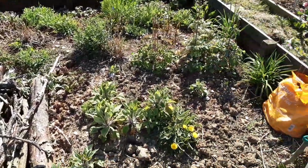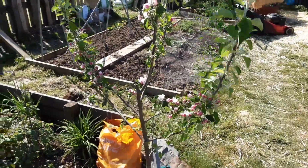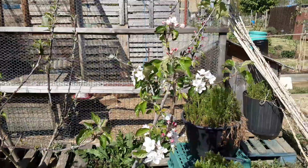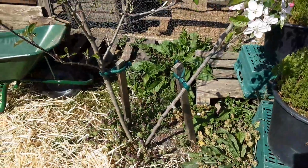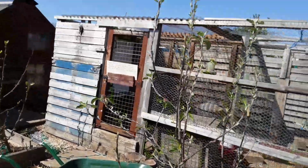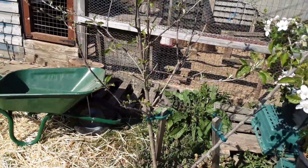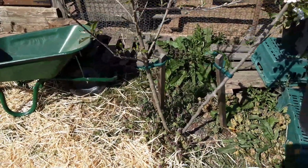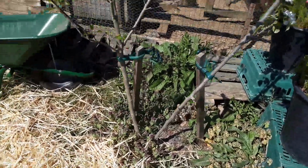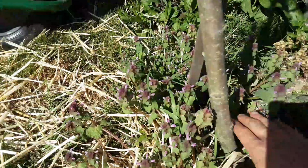All the wildflowers are coming through nicely. Lots of blossom on the Braeburn. Lots of blossom on the mystery one on the right here. That other graft on the left, that's a Cox's Orange Pippin, which is what I bought this tree as. I bought it as a Cox's Orange Pippin, and the reason I picked this particular specimen up in the shop was that it does have 2 grafts,